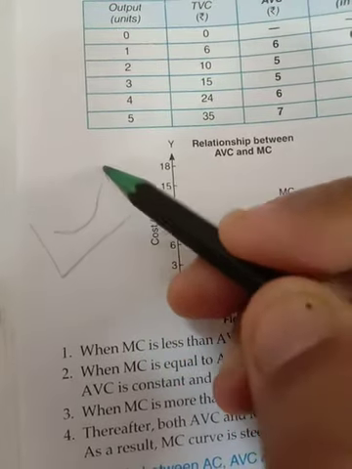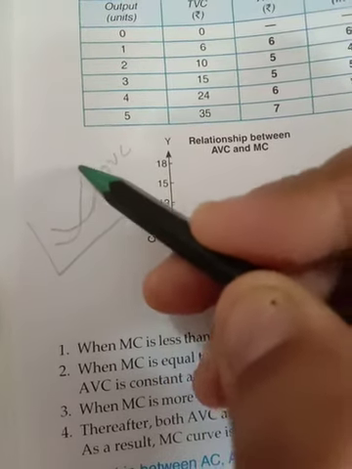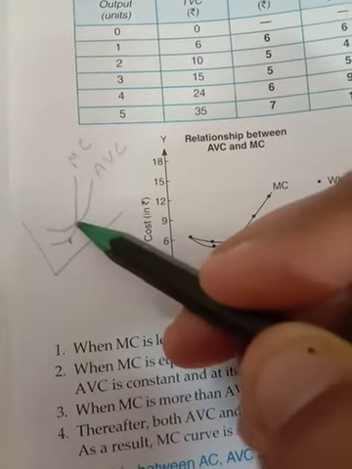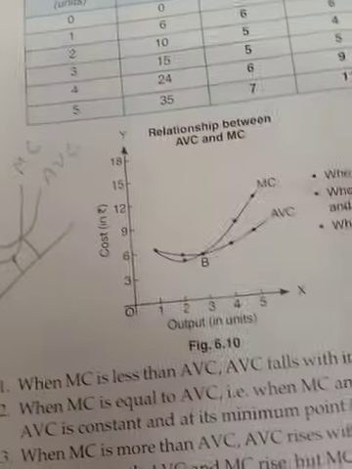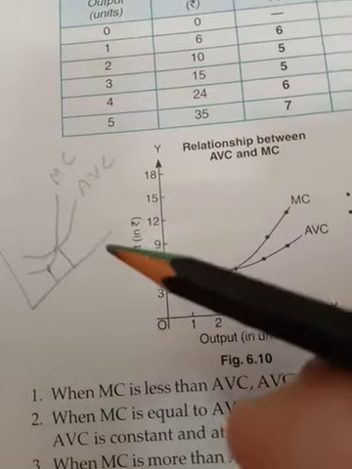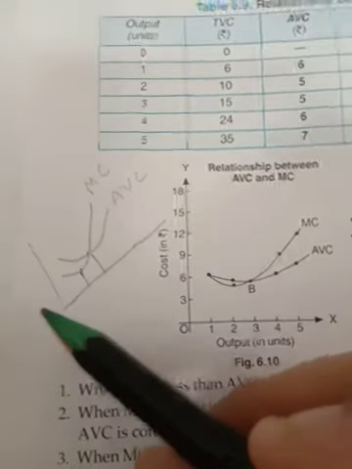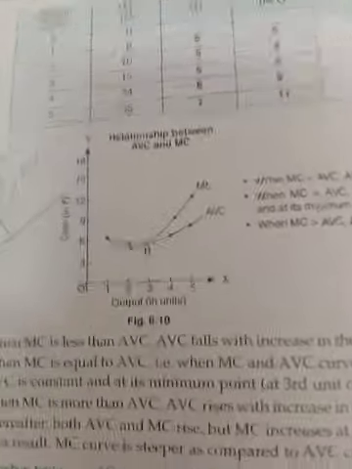This is average variable cost and this is marginal cost. So here I just made the diagram. The minimum point I have taken over there, and here it is the cut point. So this is the diagram I have made without a table. In this way you also make the diagram. Fine. Here you will take the output, here cost in rupees. So this is the question. These are the questions which you are to do.